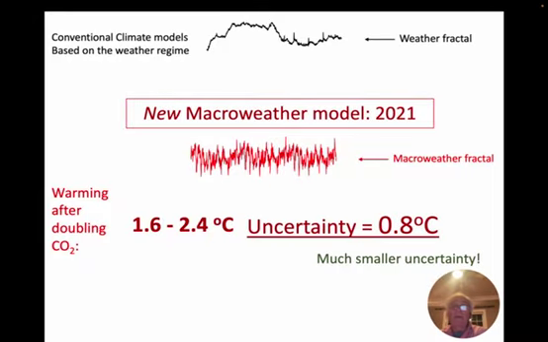At the same time as the sixth assessment report came out, my colleagues and I made climate projections based on such macroweather models. These projections reduced the uncertainties from a range of 3.5 degrees C to less than 1 degree. Since the new macroweather model avoided calculations of irrelevant data, the projections were made on laptops, not supercomputers.